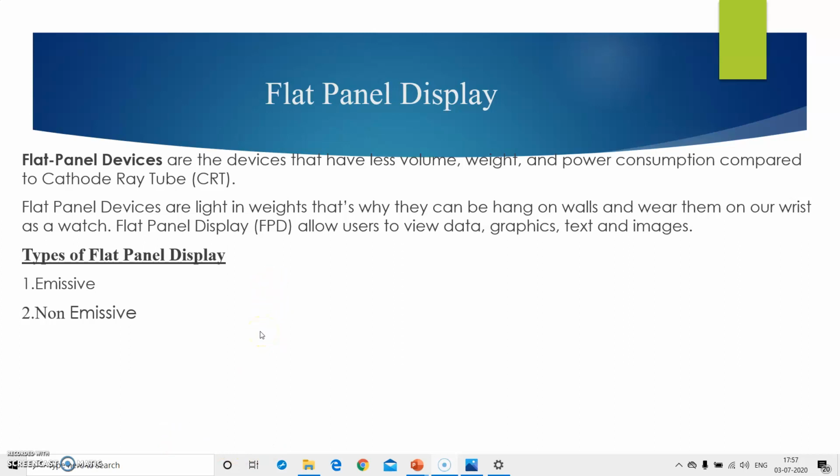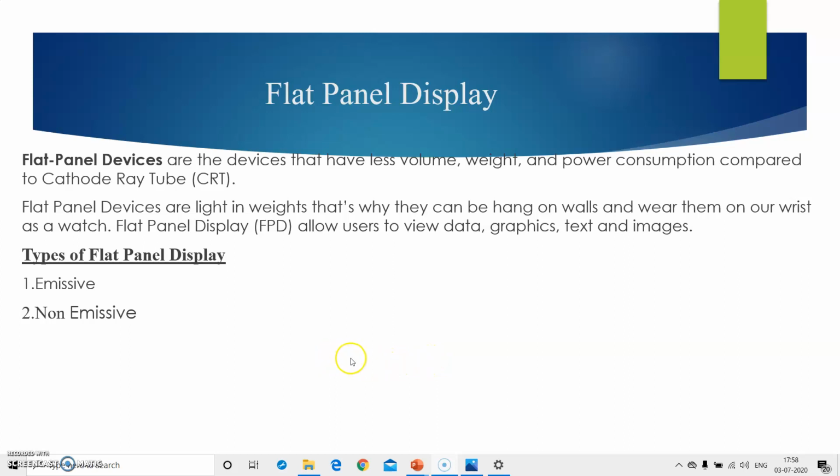The term flat panel display refers to a class of video device that have reduced volume, weight and power requirement as compared to CRT. Flat panel displays are the devices that have less volume, weight and power consumption as compared to the CRT we have previously studied.